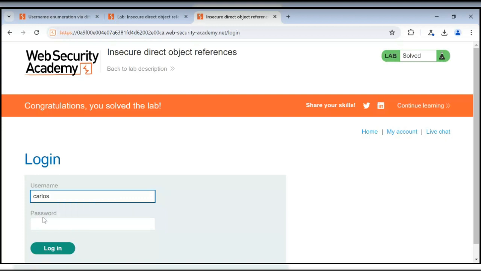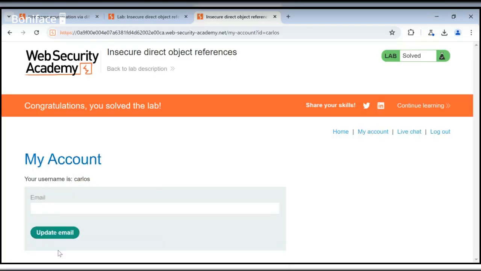So the username is Carlos. For the password, that thing that we copied, then we log in. So that's basically the idea. So this already solves the lab. Yeah. So without wasting much of our time, we are going to move straight into